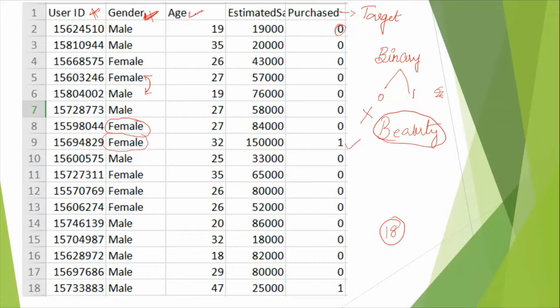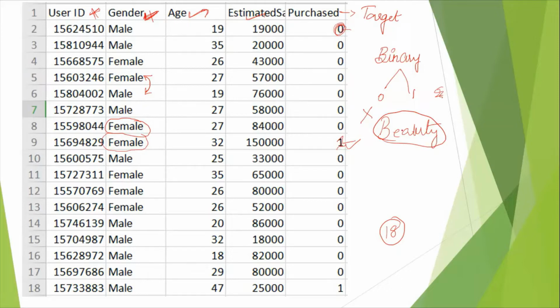Yes, age matters a lot, and then estimated salary. So based on these two, we are going to predict or classify whether a customer will purchase my product or not. This is purchase my product. This is not purchase my product.